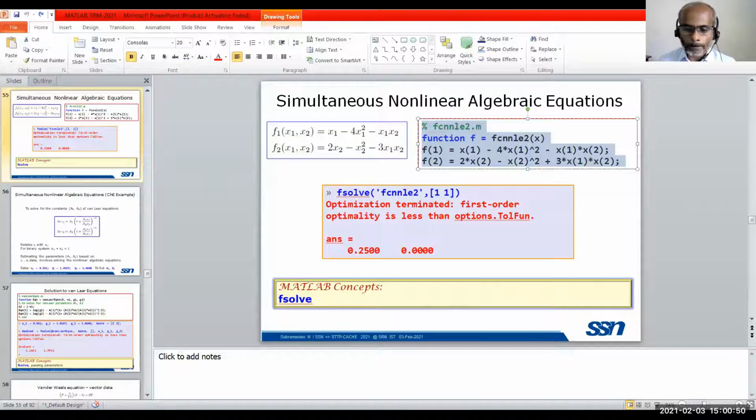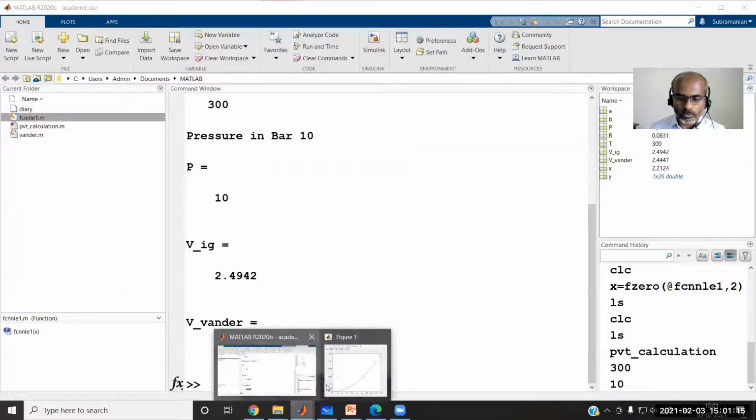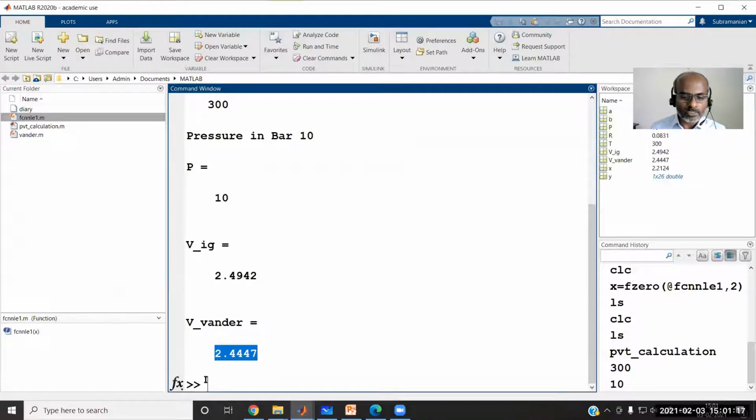Sir, can you demonstrate this function in MATLAB, sir? Yeah, that's what I'm going to do. Okay, sir, you just share the MATLAB screen. Oh, the MATLAB screen is not coming. Sorry, I will put the screen into share. For some time it is not coming.